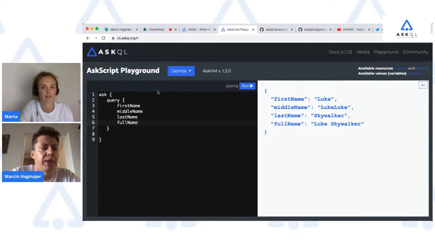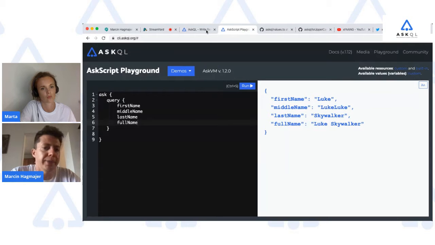So query has more options to it. Imagine you really did not like the first name key, and you wanted it to be something different, like maybe given name, just another way to say the same thing.